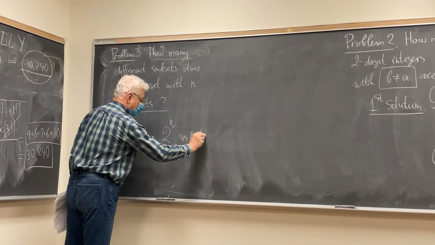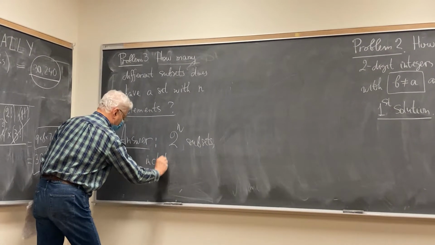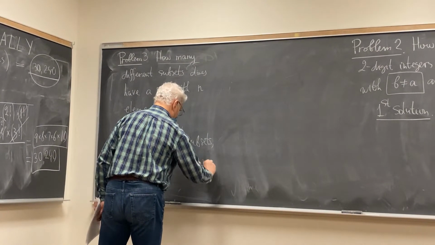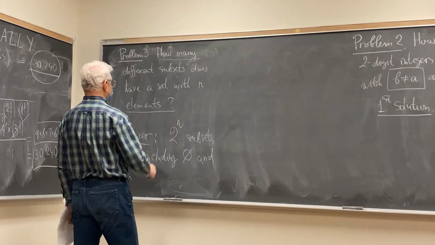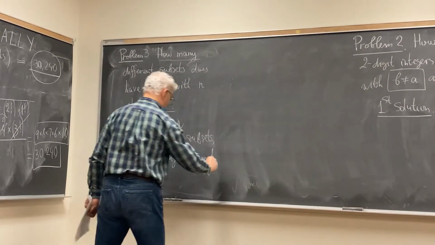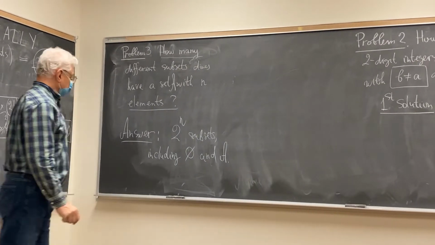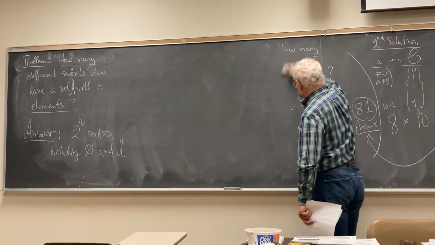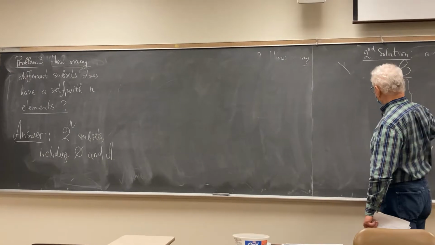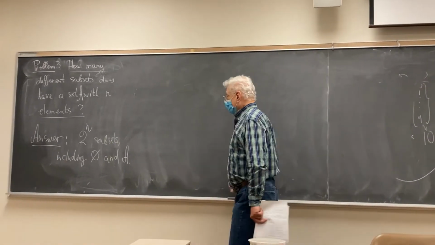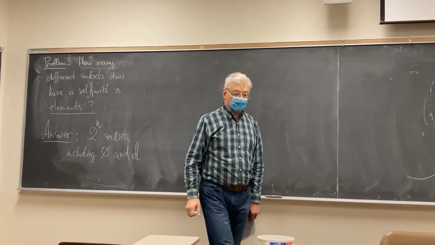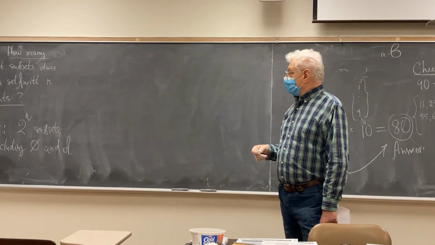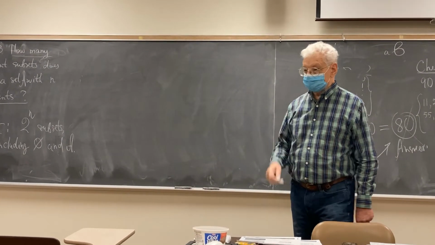subsets, okay, including empty subset. And how do we call how many does have a set? Call it A, set A. So 2 to the power n, power of 2. Okay, how come? How to explain this result, this answer? It turns out that a subset could be considered